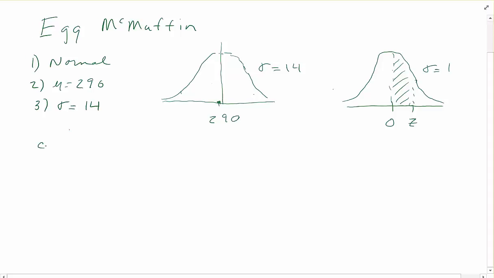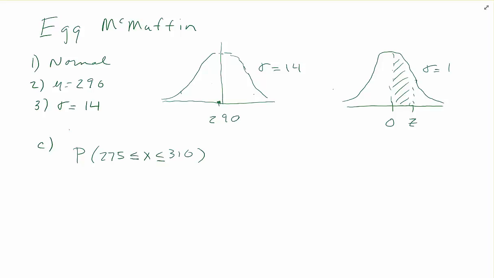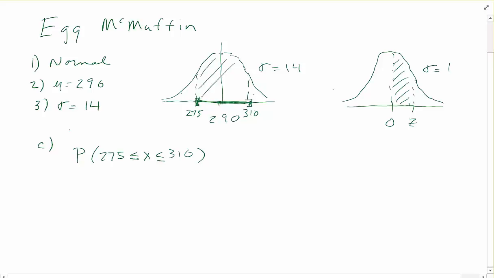Okay, we're still working on the Egg McMuffin problem. So this is part C. Between 275 and 310 calories. So the probability that x is between 275 and 310. Now 275 is probably about right there, approximately, and 310 is probably a little further out here. So my interval, right there, and the probability of being in that interval is the area under the density function